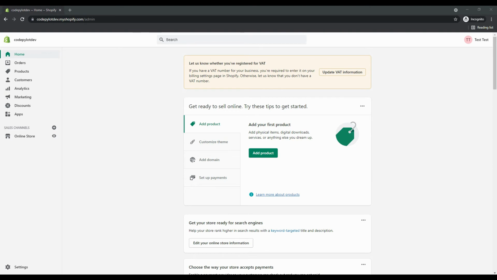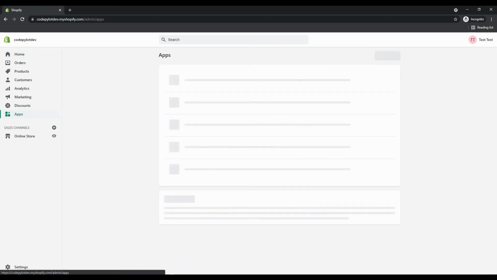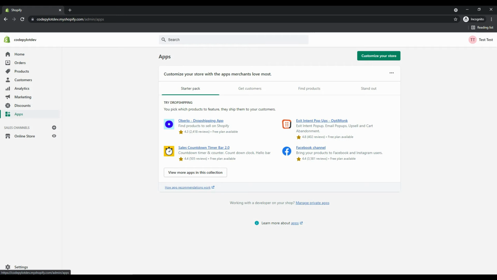that means our development store is ready, and now we have to create a private app that will allow us to interact with our Shopify store through the REST API. Basically, this app will provide some API credentials that we can use to programmatically access the data in our store. And to achieve that, navigate to the apps section in here, and after that click manage private apps right here. Okay,